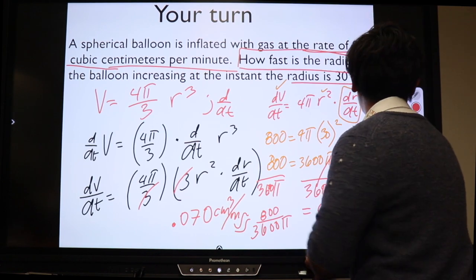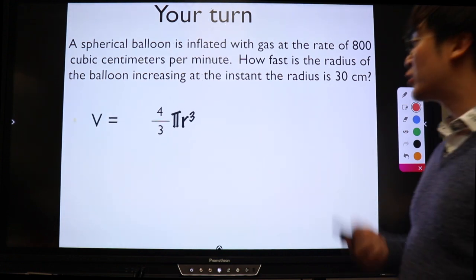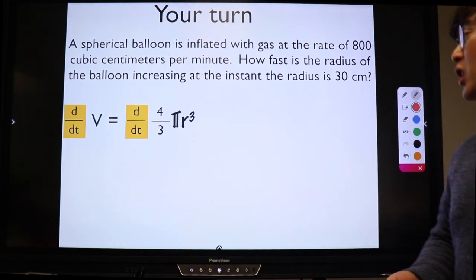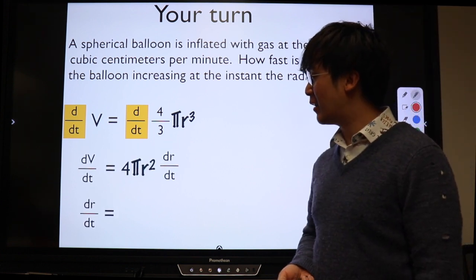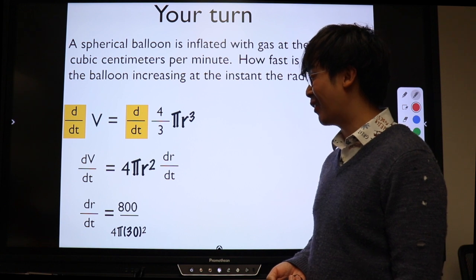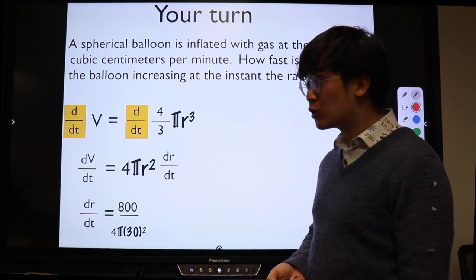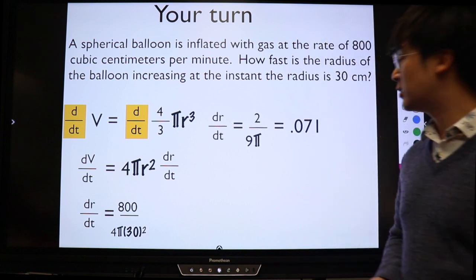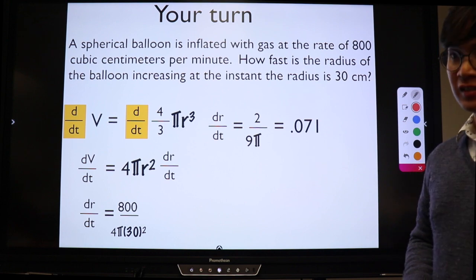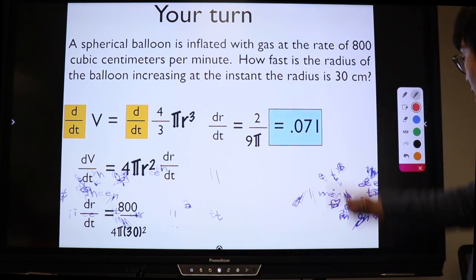See if we did it right? Hopefully we did it right. So the formula is 4 over 3 pi r cubed. Take the derivative of each term. Use calculus so that we can find the derivative that we're looking for, which is this time dr over dt, which is 800 over 4 pi times 30 squared. And using the calculator, dr over dt is going to be 0.071 or 0.070 something else. And the unit of measurement is going to be